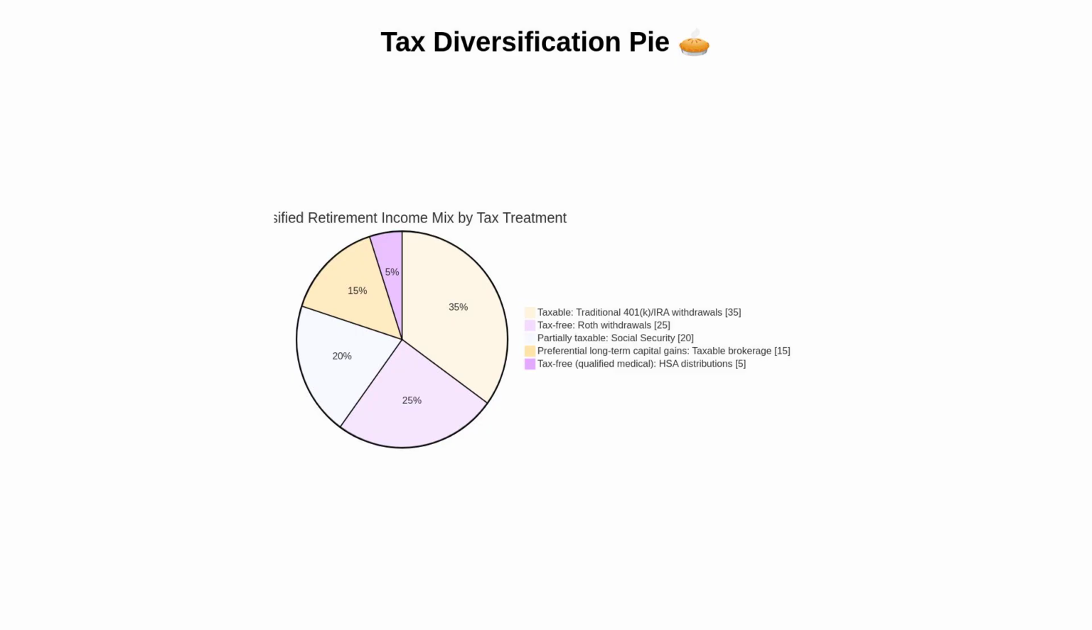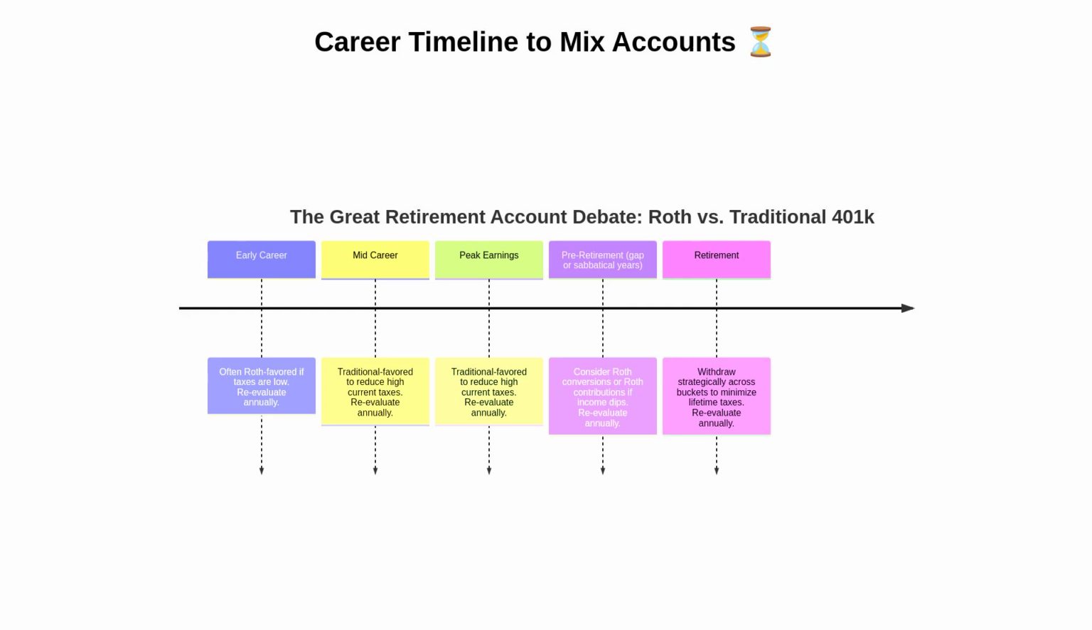Next, let's map a simple career timeline to decide how to mix contributions over time. This timeline charts a typical path. In early career, when incomes and tax rates are often lower, Roth contributions can be attractive. In mid and peak earning years, traditional contributions can reduce high current taxes and keep you from drifting into higher